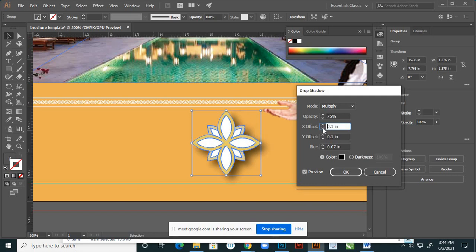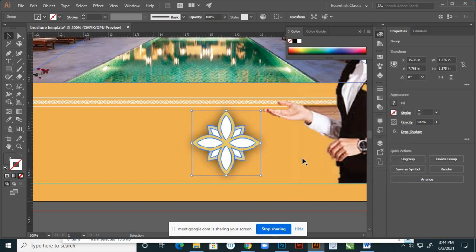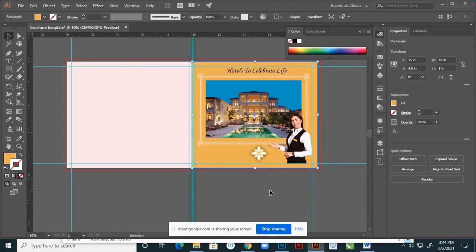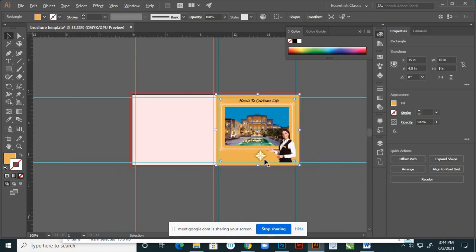Suppose this is 1. Yes, this is, and the blurriness value is suppose 0.1. Yeah, this is okay, right? Save. Okay, yes, now it is nicely appealing.